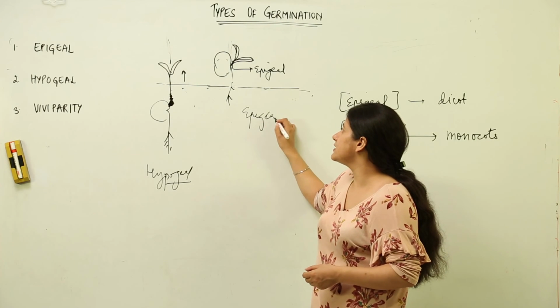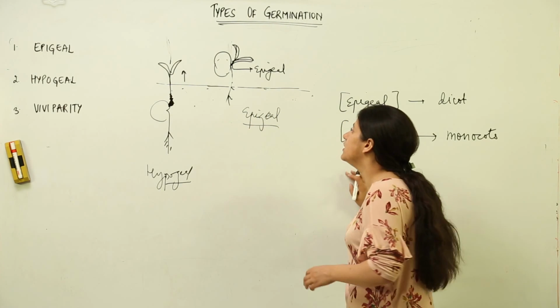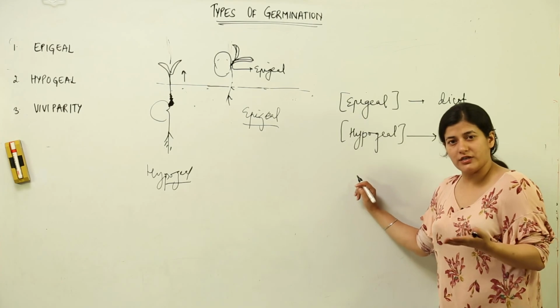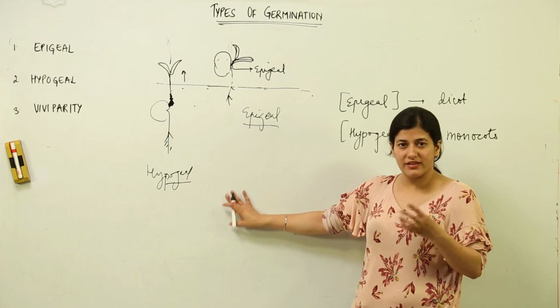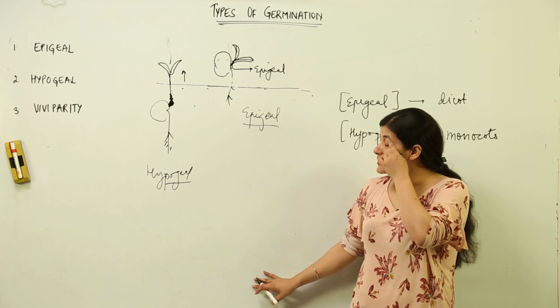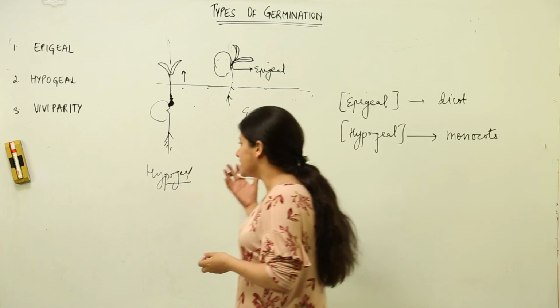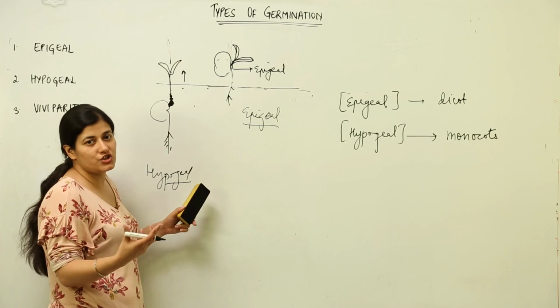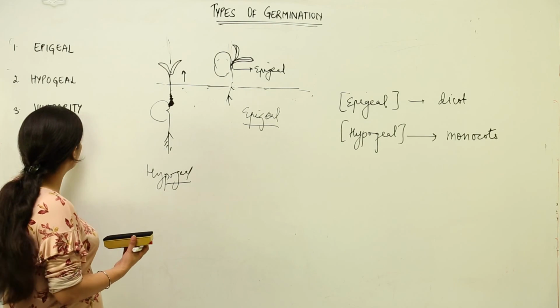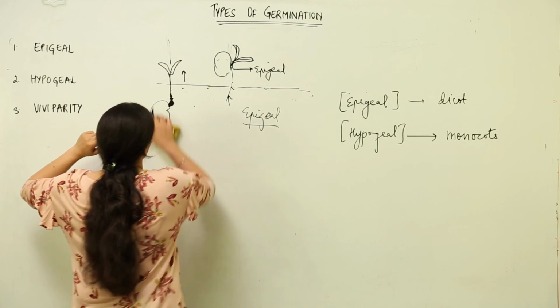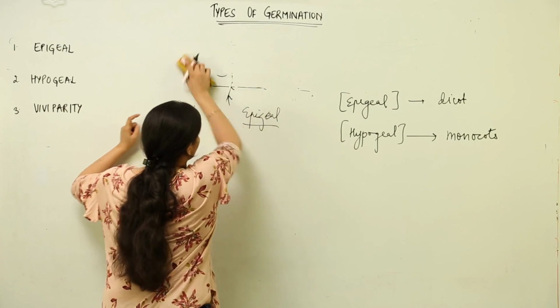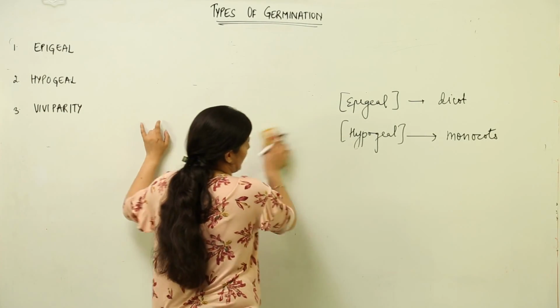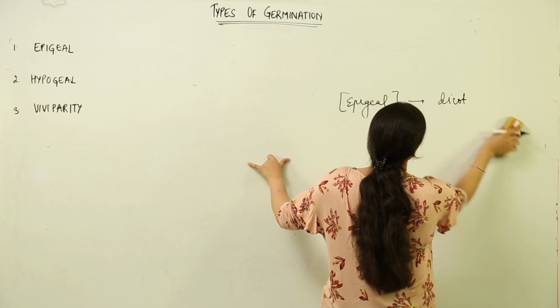Now we see this epigeal growth in sunflowers, in most of the dicots. In the hypogeal growth, we have the example of grasses, bamboo and rest of the plants. Now grasses have vegetative methods as well, but in case we are talking about a seed germination growth type, it would be hypogeal.